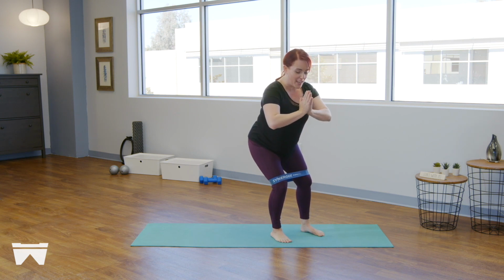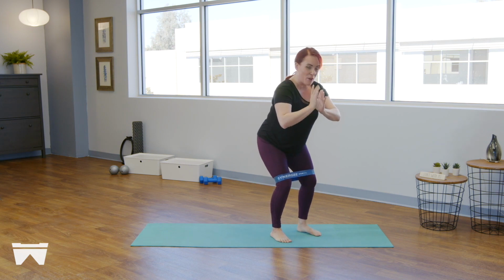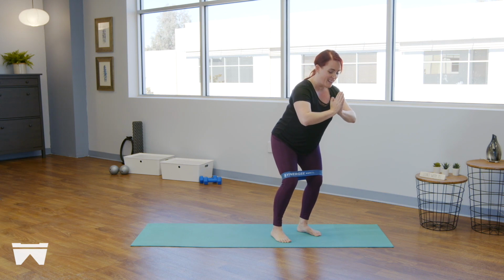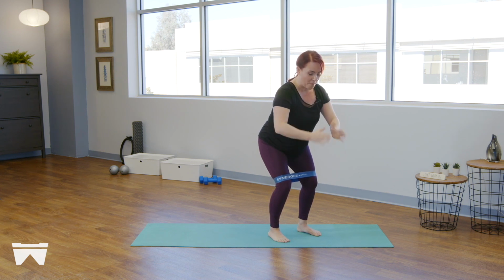Navel is still drawing in and up. Can you feel that there's a little conversation happening from one inner thigh to the opposite waistline as we shift side to side? Good. Last one here. Now we're going to hold it nice and low. Hold it here. With this little shift forward and back, we're going to engage the back of the inner thighs